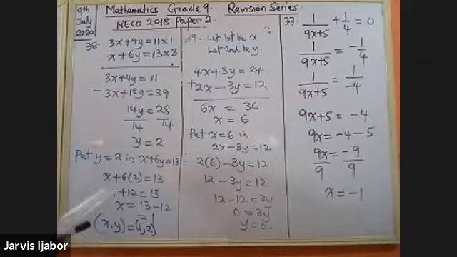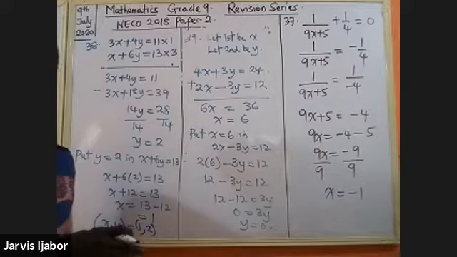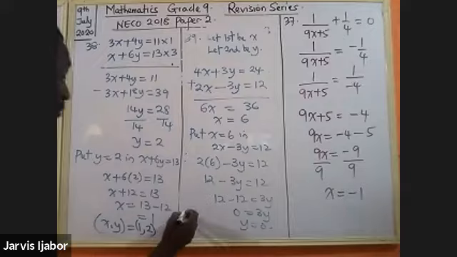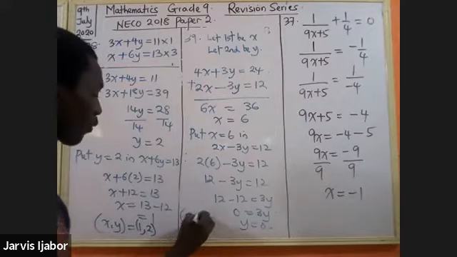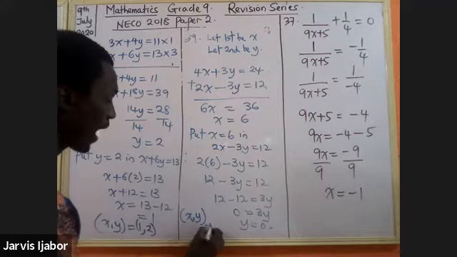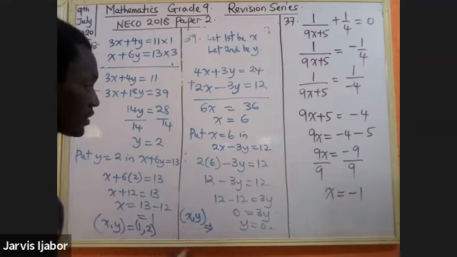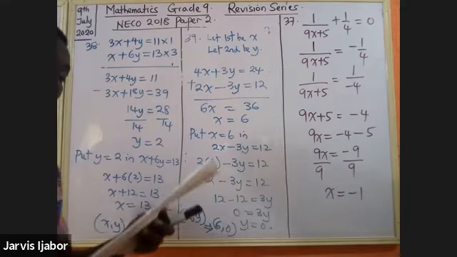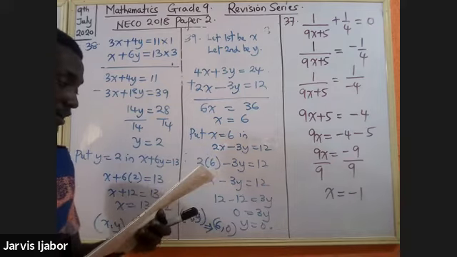Now, they put the answer in coordinate system. Now, notice the pattern they are following this year. They are putting the answers in coordinate system. And the coordinate system is what? X, comma, y, which would imply what? 6, comma, 0. You have to be careful here, because if you look at the option,